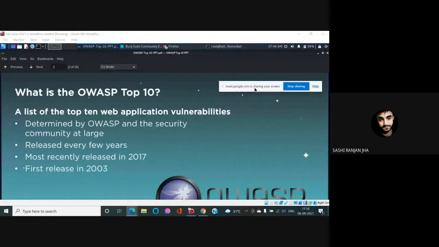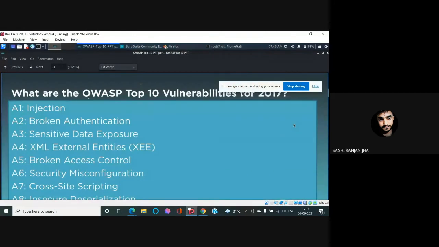So in the OWASP top 10, we see some vulnerabilities, like if I go down. Injection is there. Right now we are going through injection. Then broken authentication.